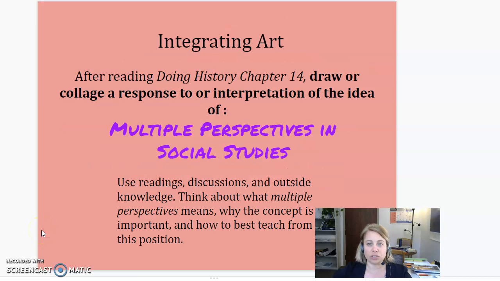After you've read Doing History chapter 14, if you haven't read it yet, you can keep going, watching the video overview, but before you create your interpretation, I would like you to make sure you read the chapter. But what you're going to do next as you go through the online module is to create a collage or a drawing